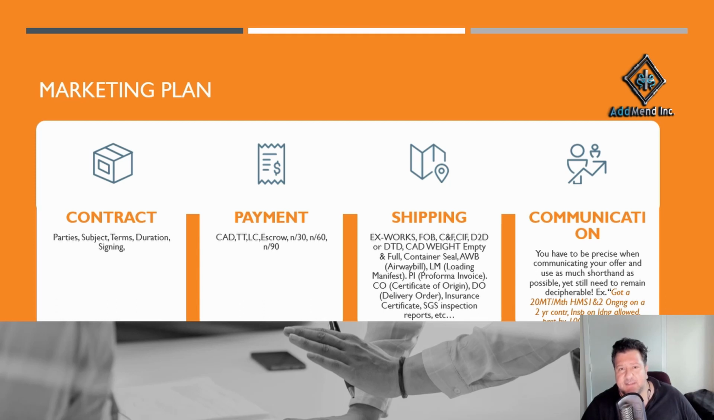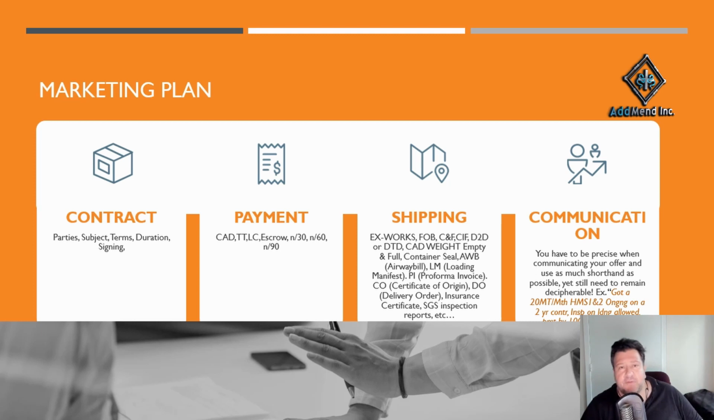It's like a skeleton of the contract. The parties, the subject, the terms, duration, the signing. Of course, there is payment under a contract, but it's a standalone item, and I put it that way so you can understand that there's CAD, cash against documents, TT, telex transfer, letter of credit, escrow, net 30, net 60,